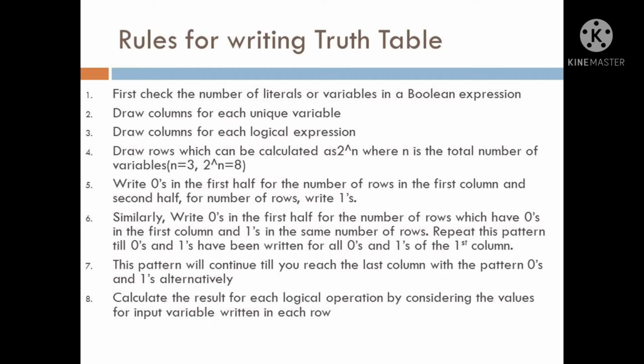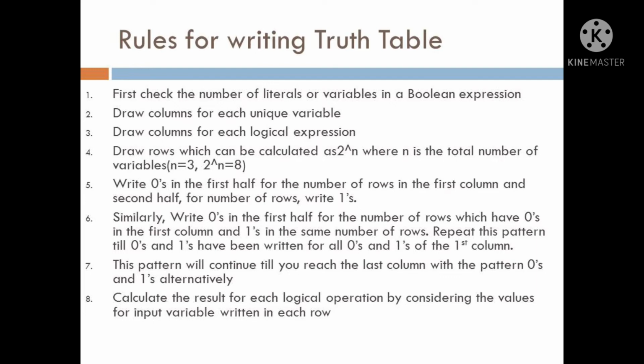Third step, draw columns for each logical expression. In a Boolean expression a plus b dot c, there are two logical expressions, an AND and an OR expression. Then the fourth step is, draw rows, which can be calculated as 2 raised to n, where n is the total number of variables. Suppose there are 3 variables,